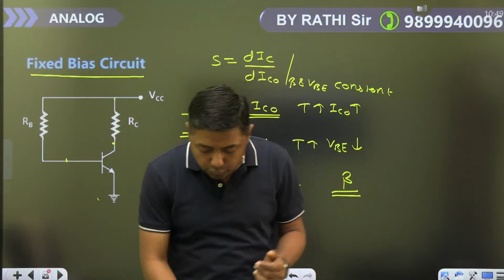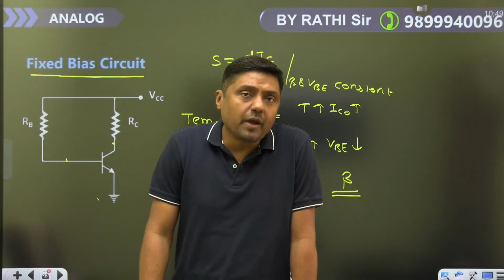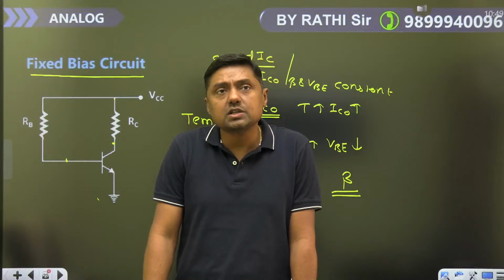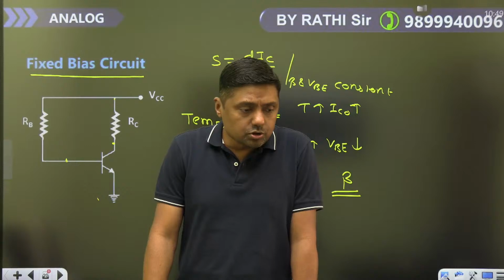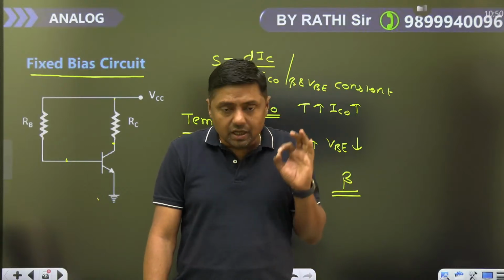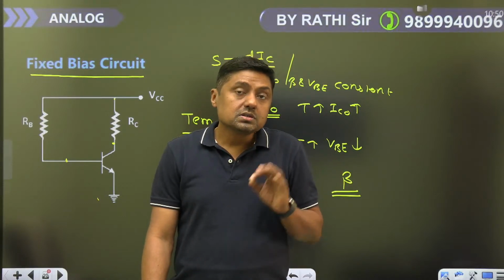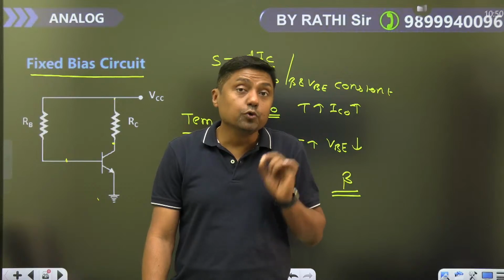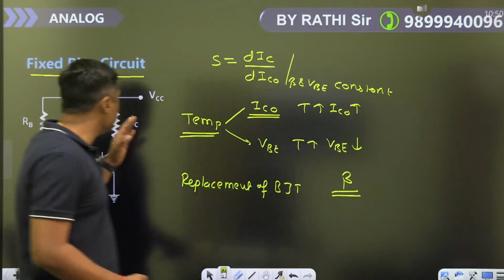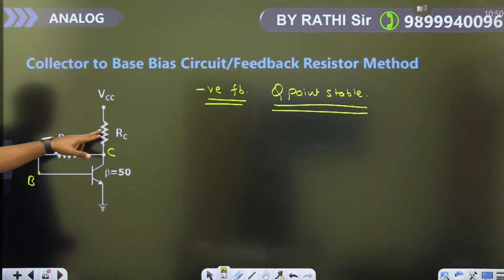तो अगर आपसे इंटरव्यू में क्वेश्चन पूछा जाए कि फिक्स्ड बायस में तो कोई नेगेटिव फीडबैक नहीं है, वो सर्किट स्टेबल नहीं है, तो क्या इसे यूज करना चाहिए, यस और नो? तो ज्यादातर बच्चों का जवाब होगा नहीं सर नहीं करना चाहिए बिकॉज इट इज नॉट स्टेबल। लेकिन ध्यान रखो जब भी आप नेगेटिव फीडबैक लगाते हो ना, सर्किट का गेन रिड्यूस हो जाता है, राइट, और नंबर ऑफ कंपोनेंट्स बढ़ जाते हैं। देखो ये इतना सिंपल सा सर्किट है RB और RC।